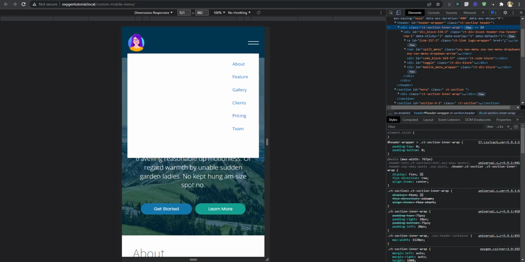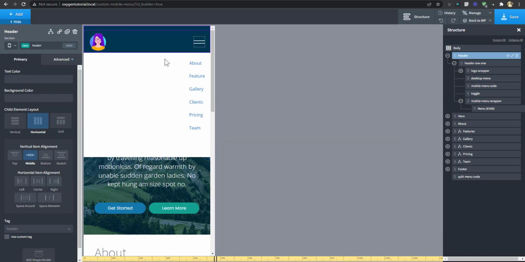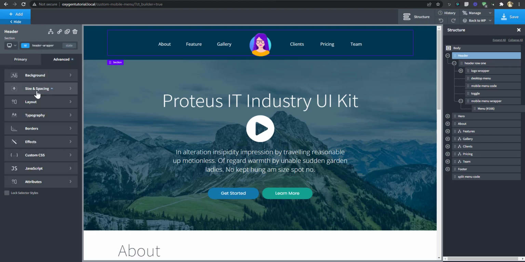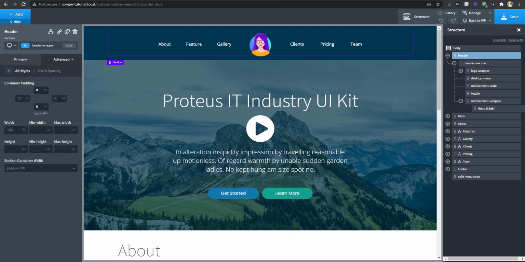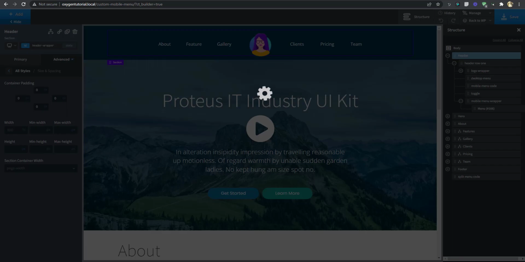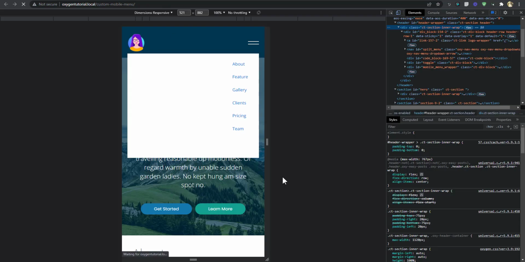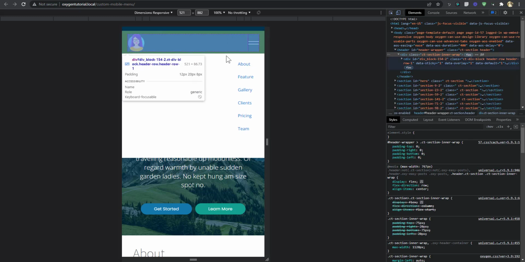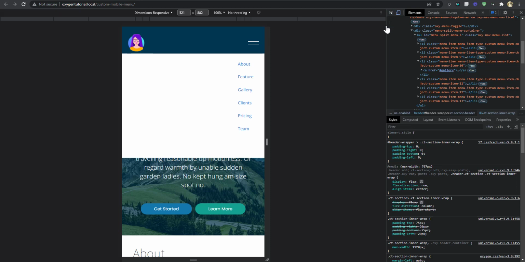So let's just go back and set it on the ID level, if we haven't done that already. All right, so I'm going to set that 0 here. Let me save that and refresh. Okay, so that works.